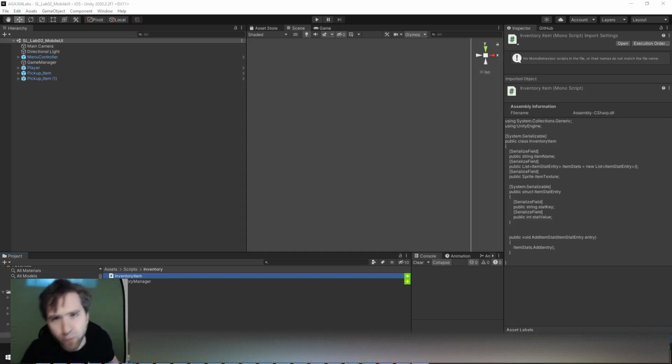Hey y'all, I wanted to go in and show one final thing for the inventory. So this is part 3 out of 2. It's how to better manage inventory items so you can make a bunch of them without needing prefabs for each